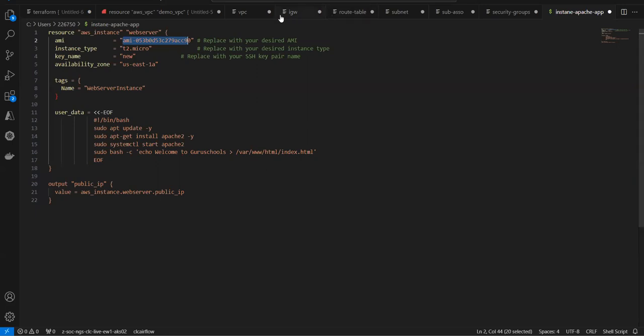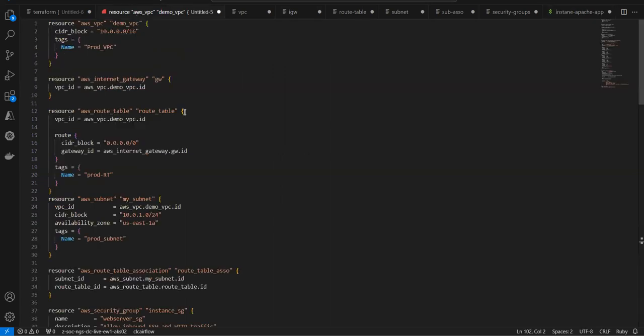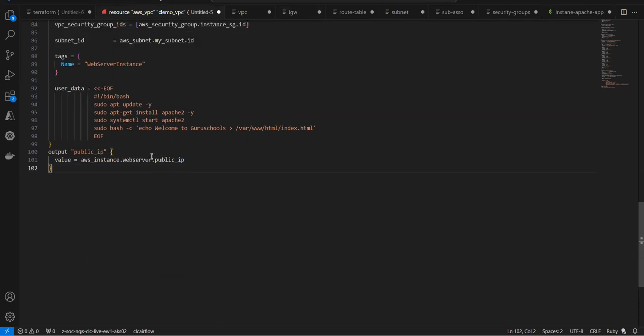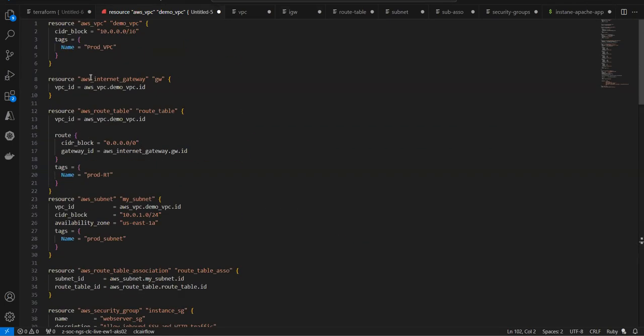So these are the step-by-step explanations of each resource. I combined all the code into a single file. This is my single file. Same thing, this is for the VPC, this is for the internet gateway, this is for the route table, and this is a route. This is for the subnet,